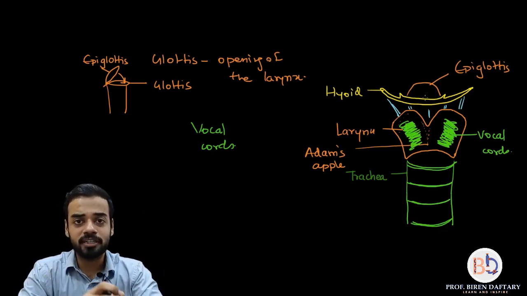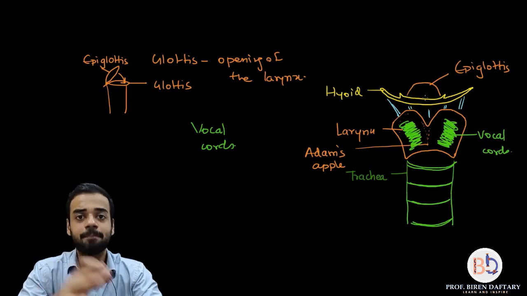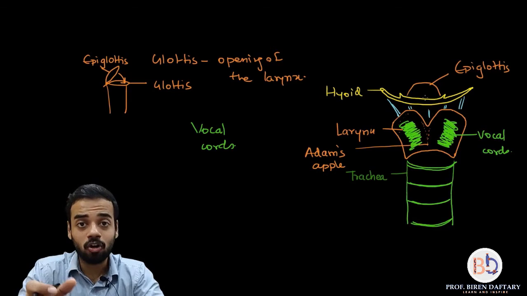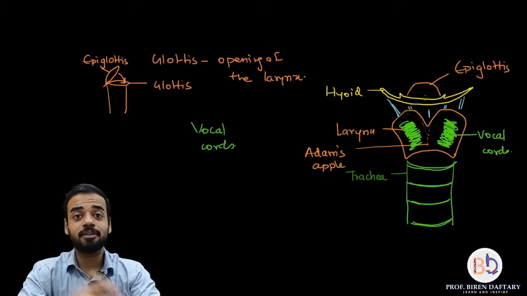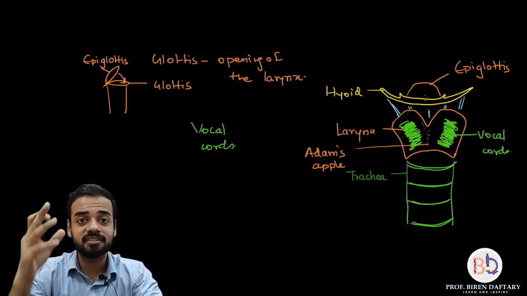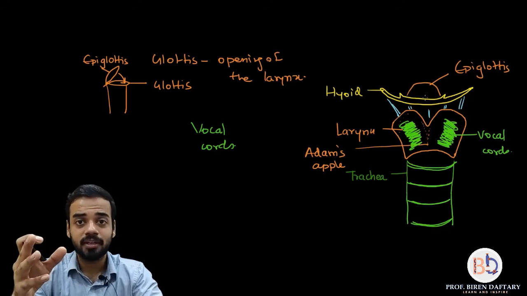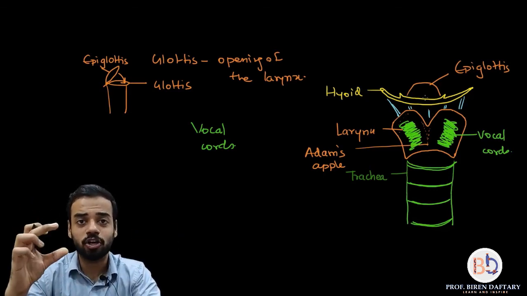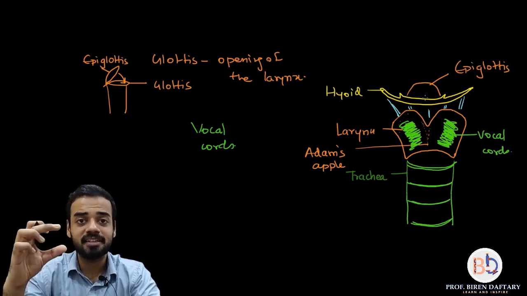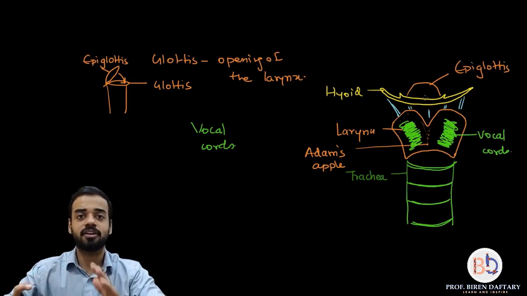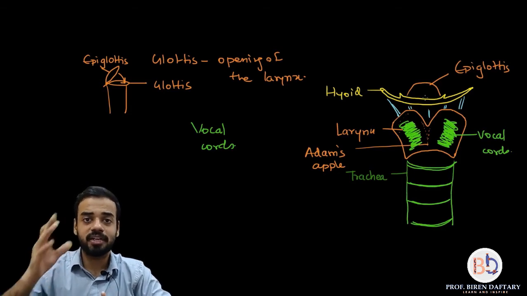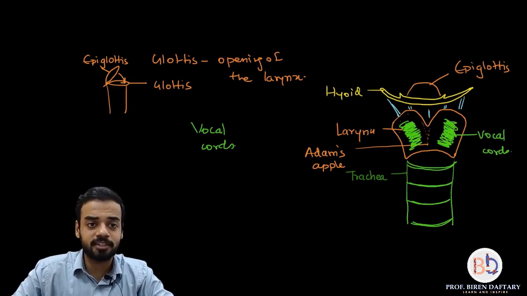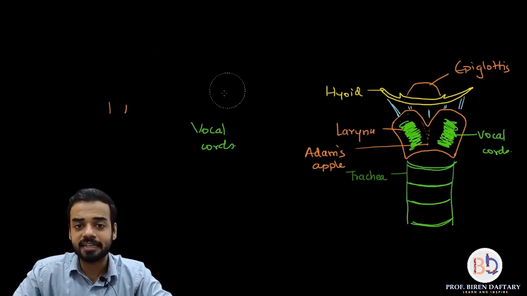Okay, so glottis is important to remember, epiglottis is important to remember, it is a protective mechanism. Vocal cords are very, very important. Adam's apple, in the case of males, increases in size during puberty. Okay, and that's the larynx for you. So it is quite a short part, and the larynx basically connects your pharynx with the trachea. Is this clear? So that is the third part which we completed in the respiratory system, which is the larynx.